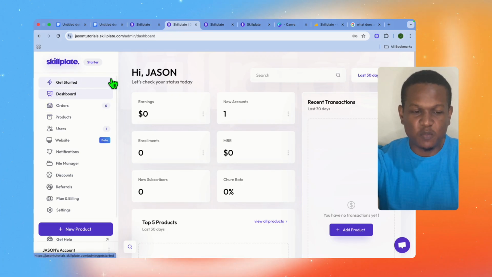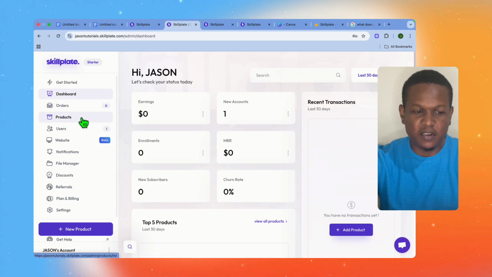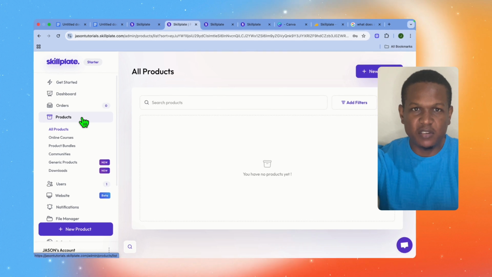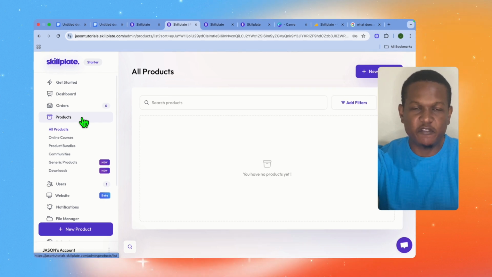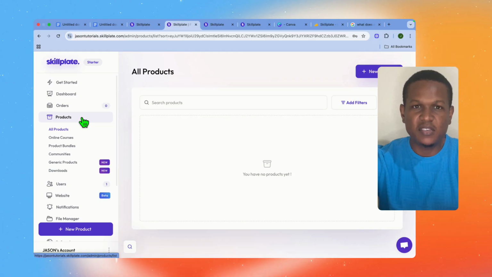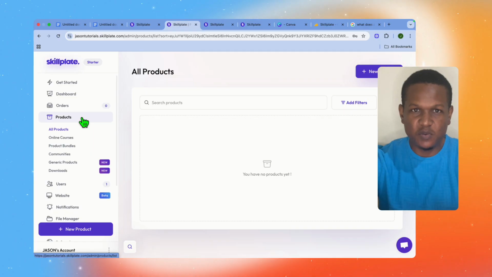This is how the dashboard will look, by the way, once you're signed up. And full disclosure, while you can sign up for completely free on Skillplate as it offers a 7-day free trial period, to get started you'll need a credit card or a debit card to sign up. But don't worry, they won't charge you until after the 7-day trial period. And before signing up, I want you to watch this tutorial as I'll be showing you a workaround when it